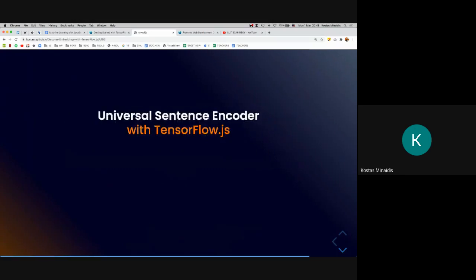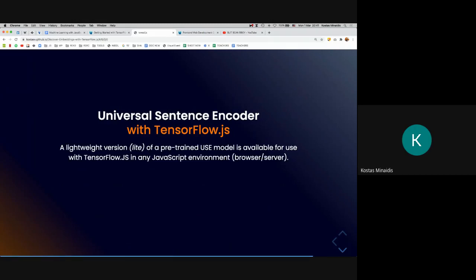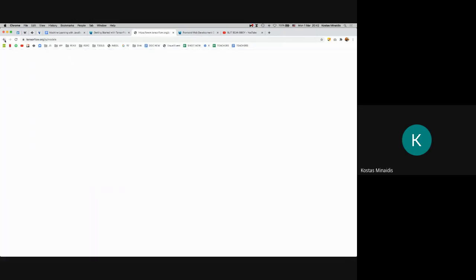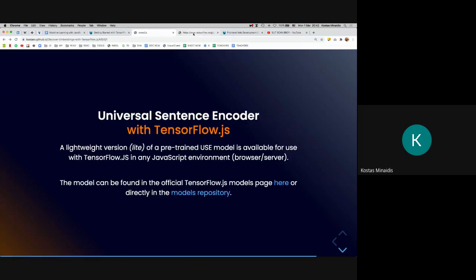So we are going to use the Universal Sentence Encoder model with TensorFlow JS. For this, we're going to use a lightweight version of the pre-trained USE model, which is rather large, just to load it with TensorFlow JS in the browser. You can find the model in the repository in the TensorFlow JS page here. Oops, sorry. Let's not move away from the slides. Okay, so in the official TensorFlow JS page,